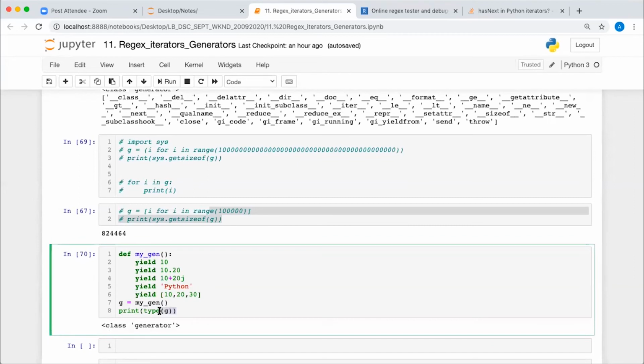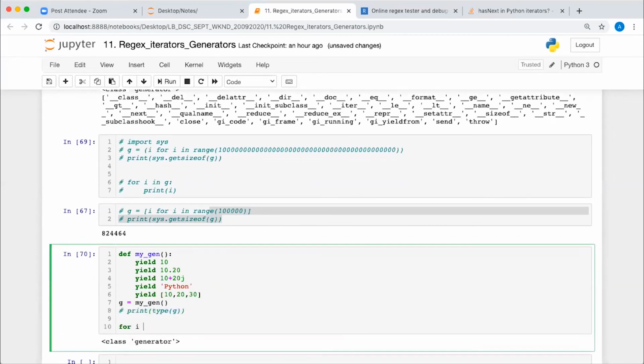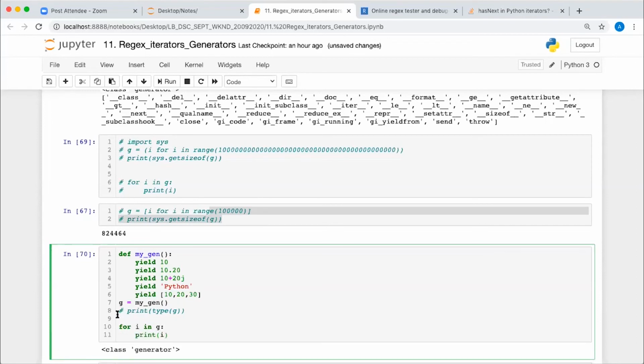So when you are going to call the loop on this generator object, when you are writing for i in g and then printing i, when you write this i in g, it will go inside this generator and start executing the code. When it encounters the yield statement the first time, it will yield the value, and that value will be returned to i. So i is now pointing to 10, and then you will be printing i, which is 10. Then again it will go back to the loop, and then from here it will go back to the generator. It will remember where it left off, at the last yield statement. From there it will go and execute the next yield statement.